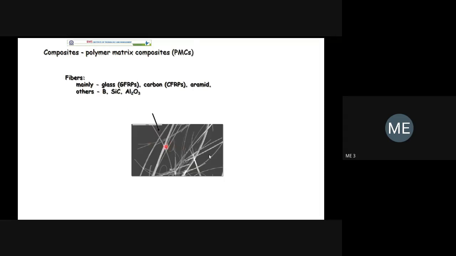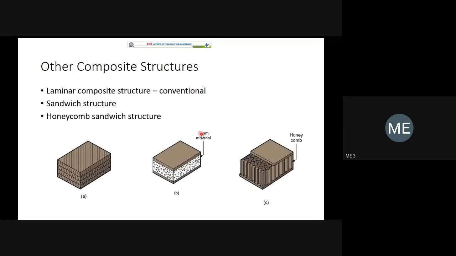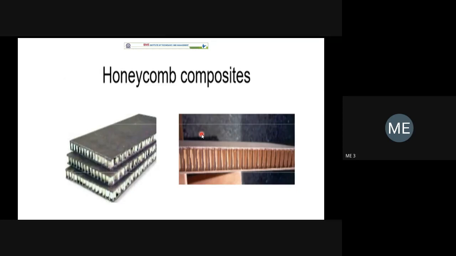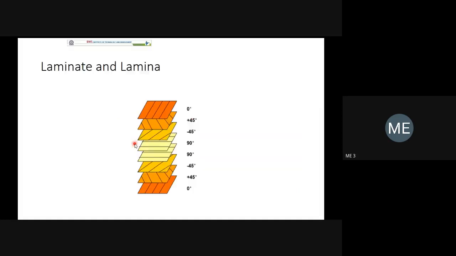These are the glass fiber. You can see the diameter may be around 0.1 mm or 0.01 mm, or it is not maximum. The diameter may be 1 mm. The honeycomb structure: the top plate and bottom plate, in between there is a different type of material, the plastic material or foam material.